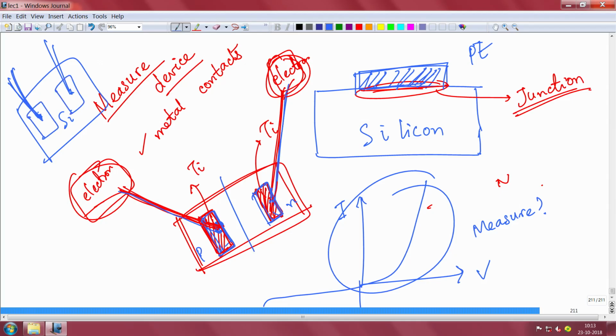There are mainly two reasons, or even more, but primarily two reasons why you have to put a metal contact like that. Okay, and that is the importance of the metal semiconductor junction. We'll come to what the two reasons are, but there are actually many things. When we talk about the metal semiconductor junction, we also have to understand how we measure and so on.